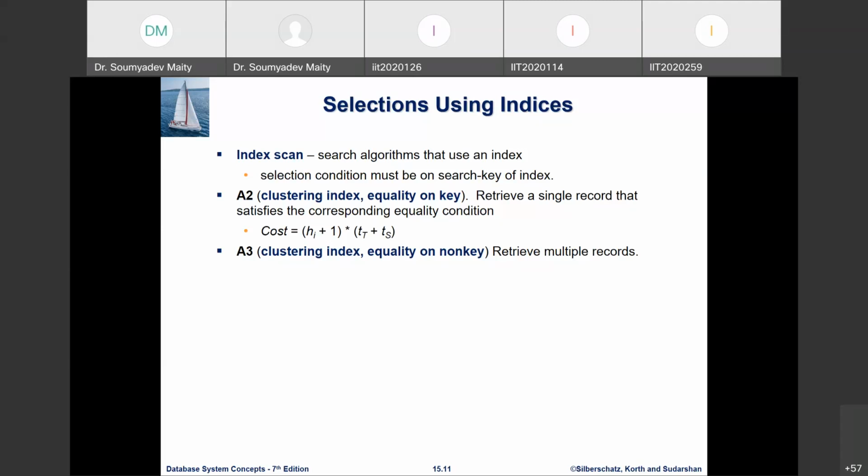One thing you have to mention is that they are assuming the index is in the form of a B plus tree, which has been taught to you already. As you know, the pointers to the actual data records are only in the leaf nodes of a B plus tree. That is the difference between a B tree and a B plus tree. So the pointers to the actual records are only in the leaf nodes. That means if the height of the B plus tree is hi, then